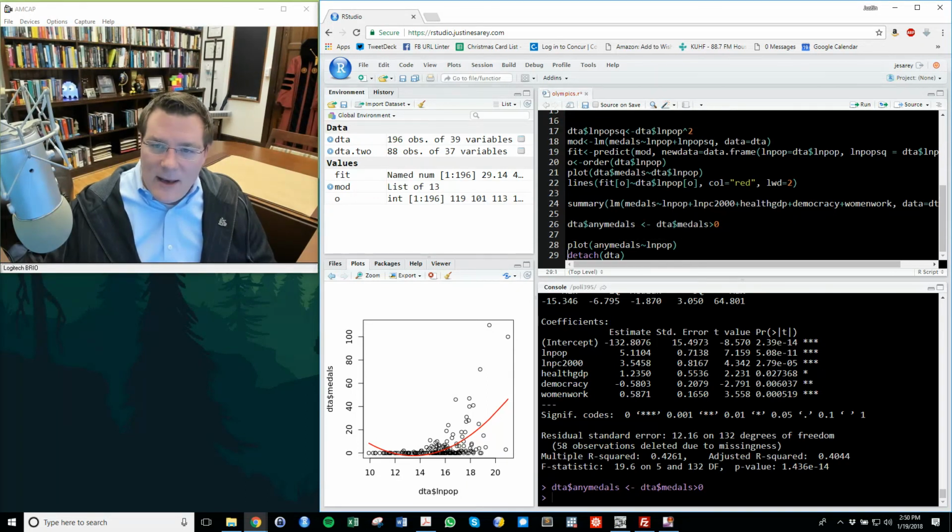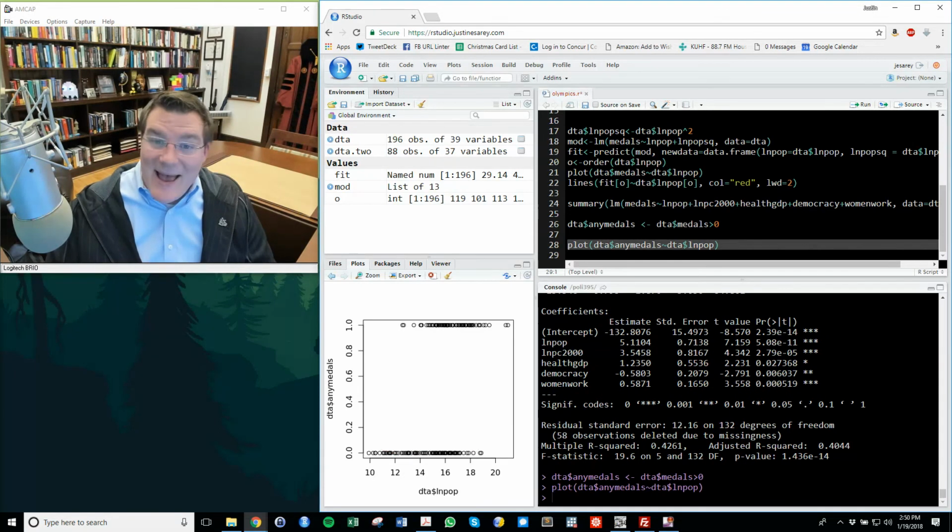And then if I do a plot of whether you got any medals versus your log population, that is a pretty strong indication that you have to have a population of a certain size in order to achieve a certain number of medals. And I can even add in a little linear fit to that.